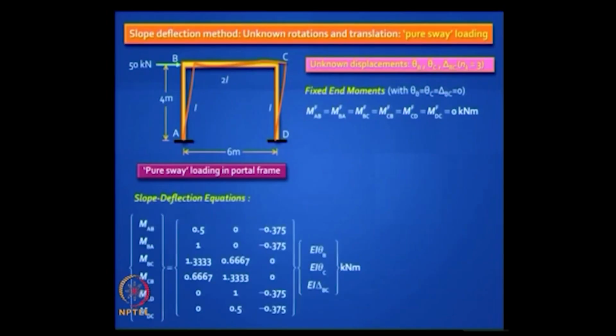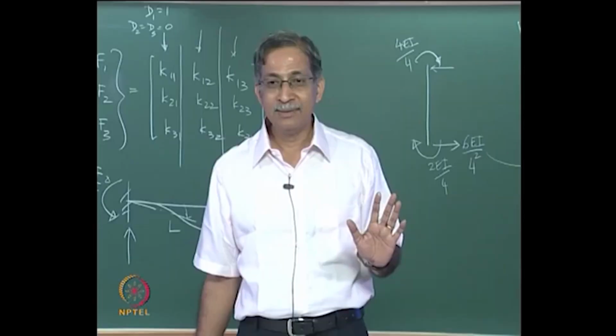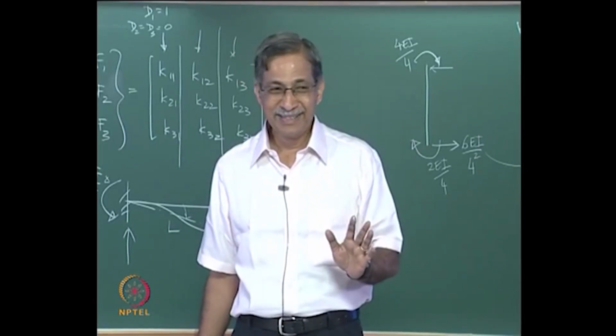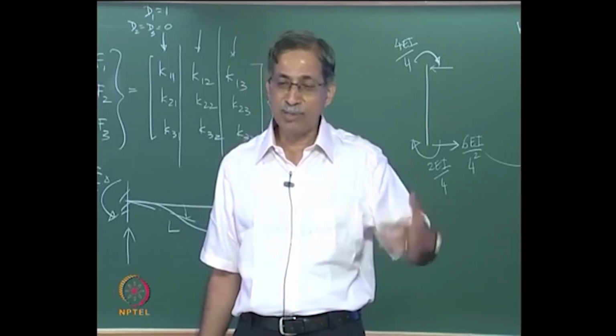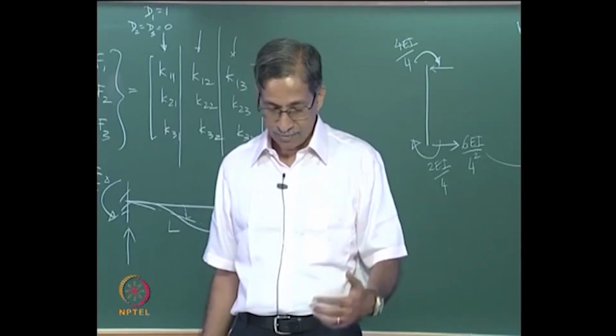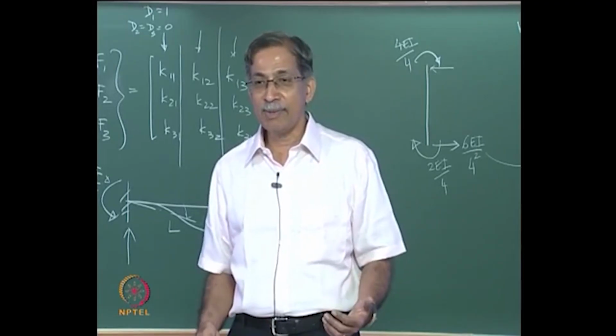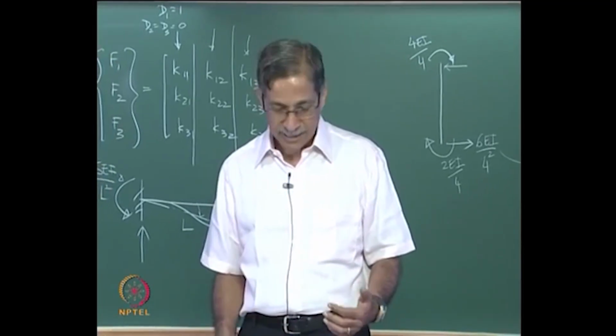So same 3 unknown displacements. I won't waste time writing down slope deflection equations because they are the same as in the previous problem with one additional advantage. What's the advantage? No fixed end moments, right. This pure sway is going to the node, it's not going in between any member. Then what about your equilibrium equations? Same,